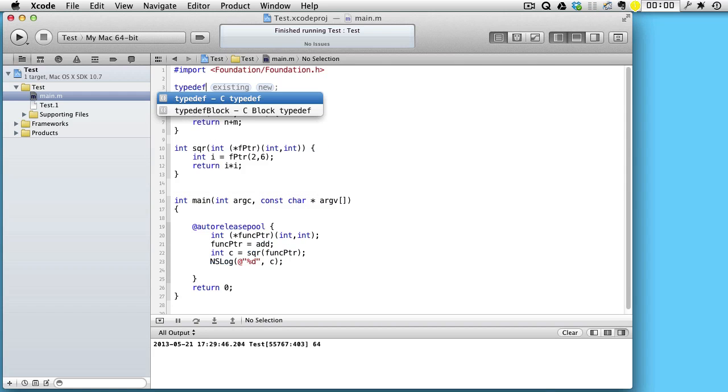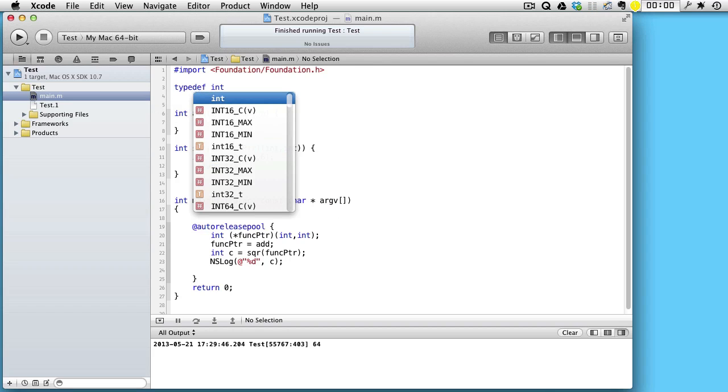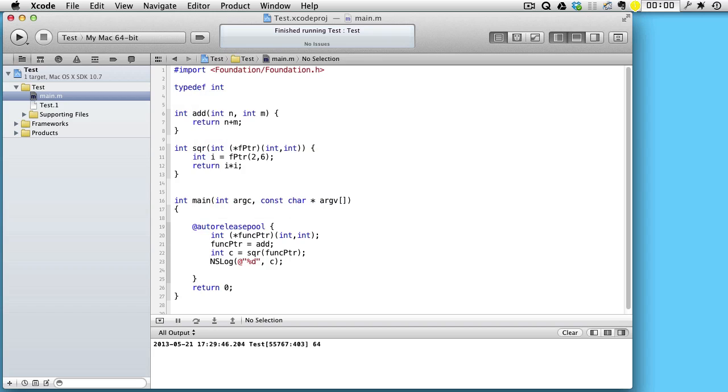Typedef, and the type is returning int and accepting 2 ints. And then we have to have a name for our type, and the name will be a pointer to a function,